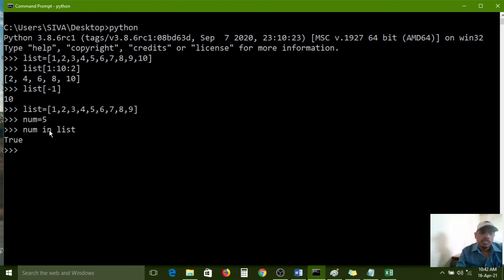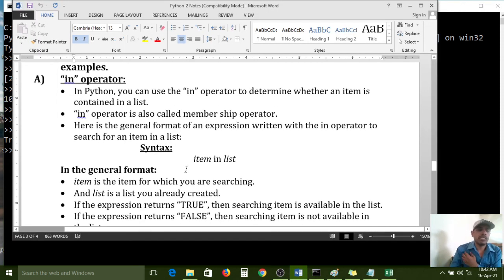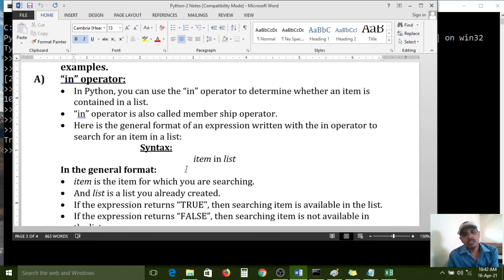So like that, the searching operation has to be done by the in operator. By using the in operator, whatever number you have given, it will check whether that number is available in that list or not. So that is the process of the in operation. In operator is called a membership operator. In the last semester, I explained the membership operators. In that, in and not in options are there. There are two types of membership operators: in, not in. In means whether the given number is available in that list or not. Not in means whether the number is not available in that list. In the reverse process, you can check.